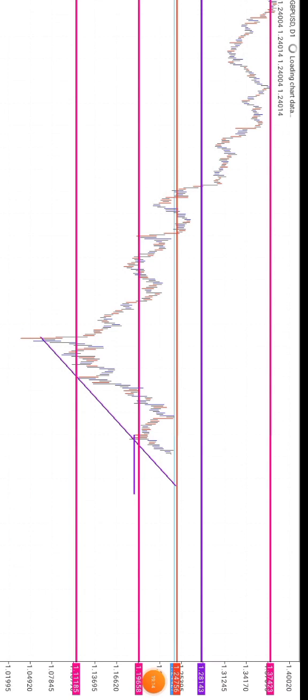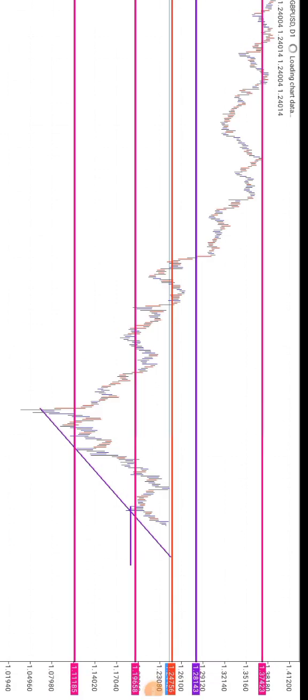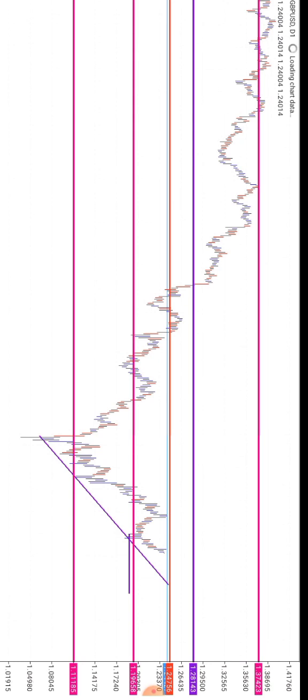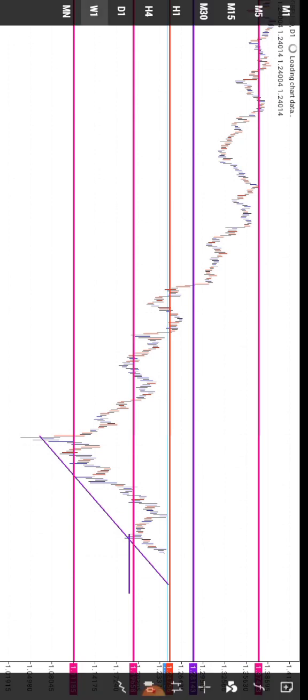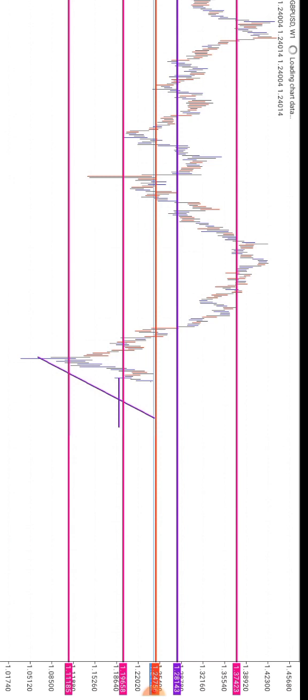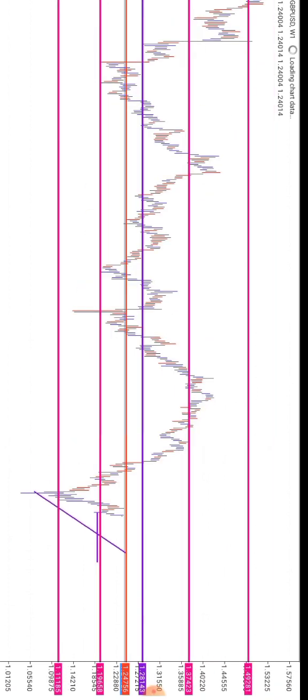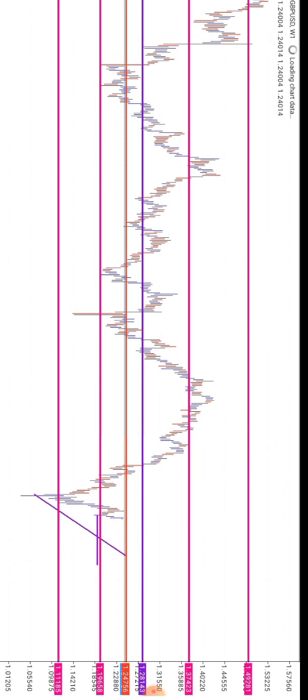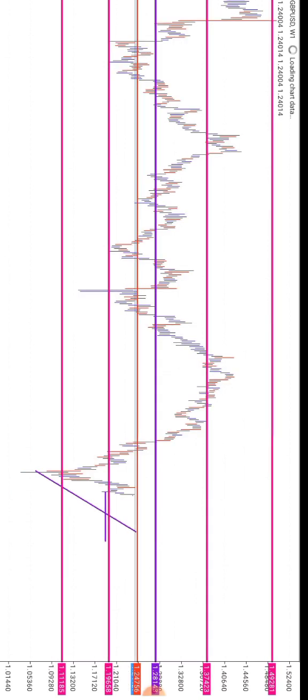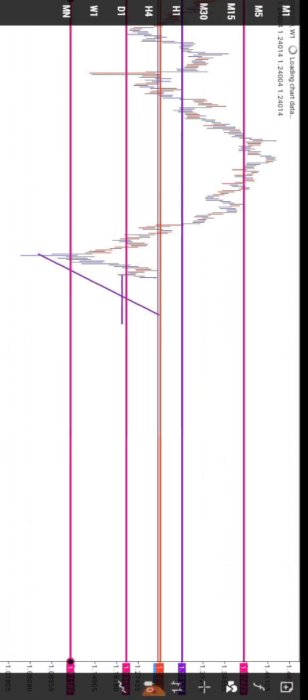So that's basically how you use your support and resistance to better your trade. And like I explained, price moves from one level to another. But once you can plot your levels in a very clear way, like I understand everything on my charts right now, the picture is very clear to me. The pink horizontal lines are my weekly major levels, and I can see price moving from the levels clearly. The purple is my daily major